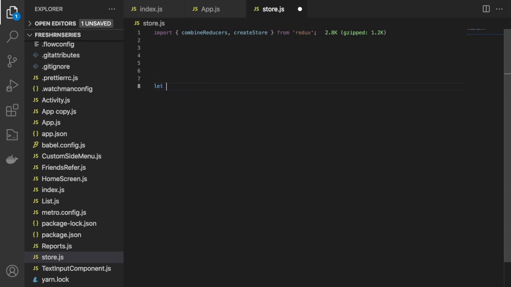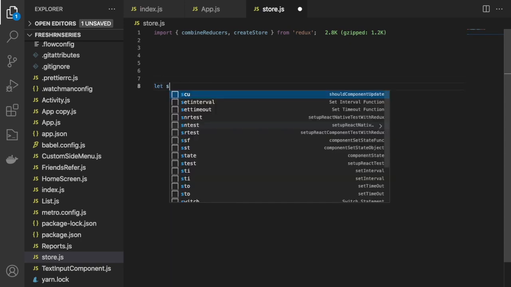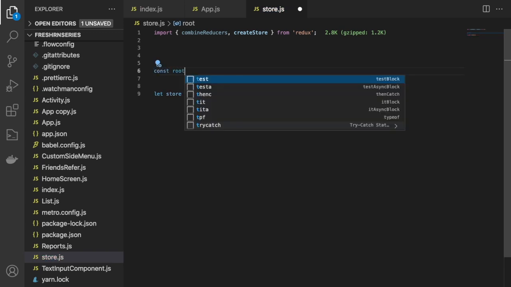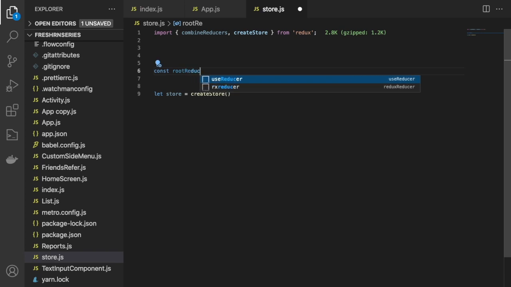Let me create a variable like store, and I have to use my createStore. Then I have to pass my reducer. So I will create one function, let's say rootReducer, and it will accept two parameters.